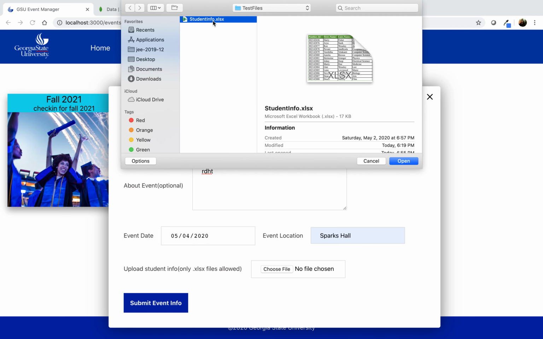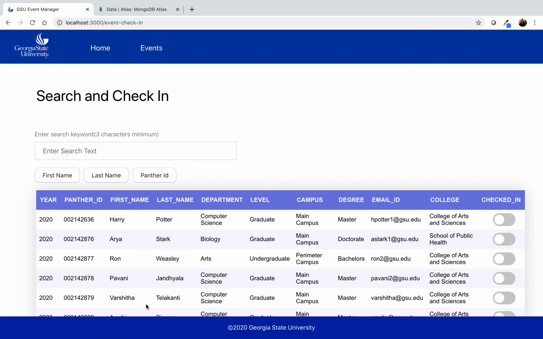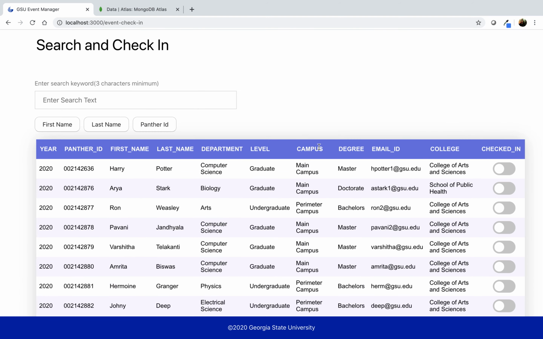This file consists of dummy records for students. So once we upload it and click on submit event info, we can see all the records which were there in the Excel get displayed over here, and at the same time in the backend they get stored in the database that we are creating.